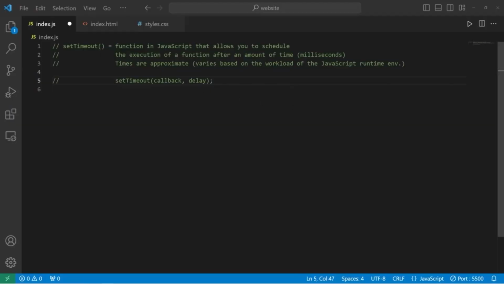So in today's video, I'm going to explain the setTimeout function in JavaScript. The setTimeout function allows you to schedule the execution of a function after an amount of time, in milliseconds. The times are approximate. They vary based on the workload of your JavaScript runtime environment. I wouldn't recommend using setTimeout for anything precise like a stopwatch. It's an approximation. To use the setTimeout function, you pass in a callback to a function and a delay in